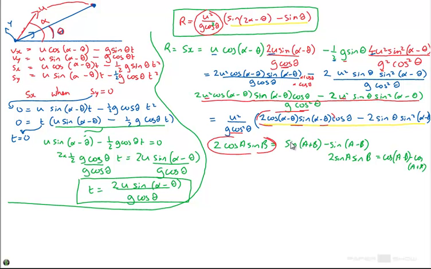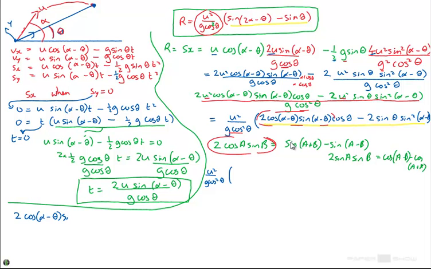Okay, so what we have is, and I can probably do this, I'll put everything in blue and then just start in red, and what's changing, u squared over g cos squared theta times. Now, actually, you know what I might do is I might just fill that bit in and then substitute it in. So if I work out what it means over here, so if I have 2 cos alpha minus